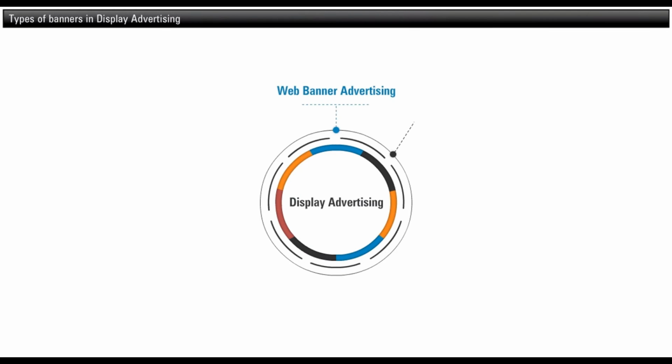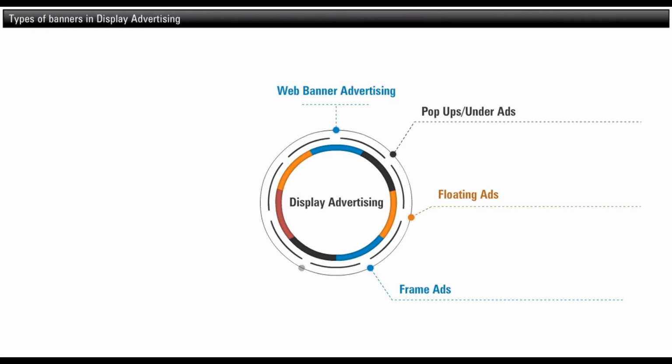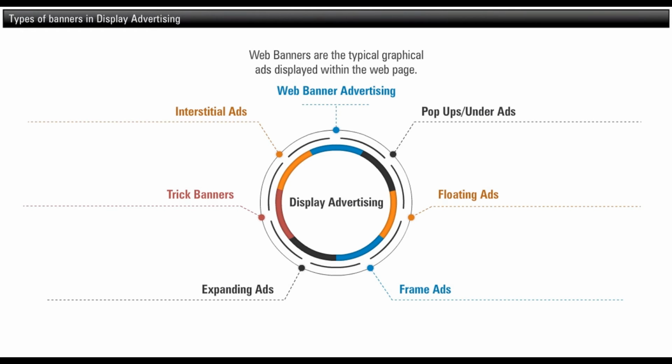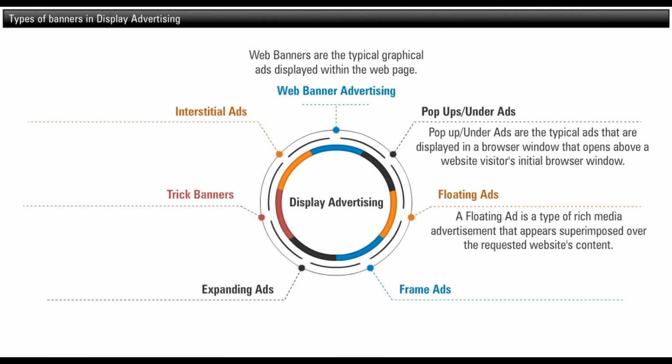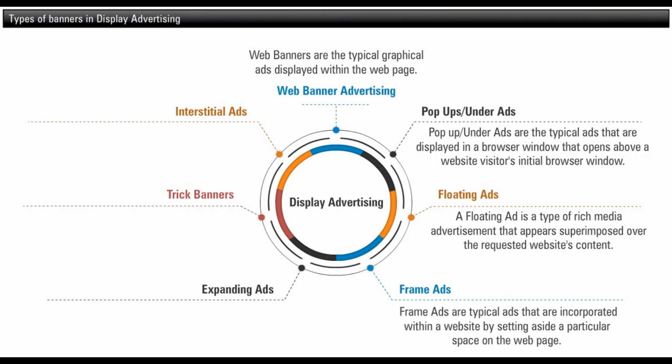There are different types of banner ads and they vary in size, but the purpose of it is all the same. Web banners are the typical graphical ads displayed within the web page. Pop-up or under ads are the typical ads that are displayed in a browser window that opens above a website visitor's initial browser window. A floating ad is a type of rich media advertisement that appears superimposed over the requested website's content. Frame ads are the typical ads that are incorporated within a website by setting aside a particular space